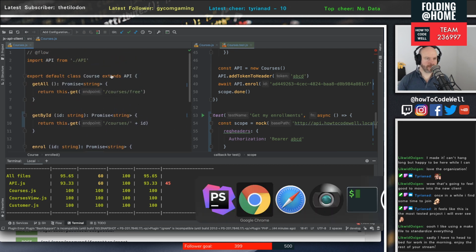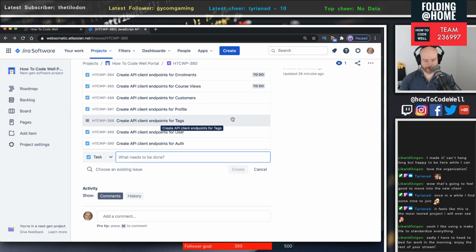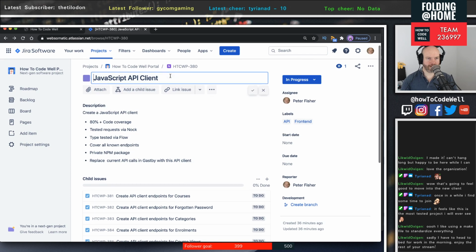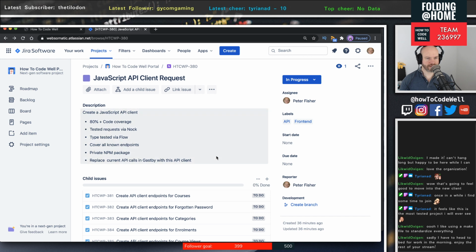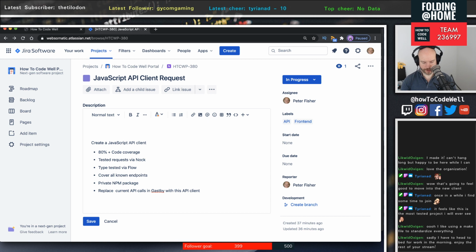Cool. So I think what I'm going to do in here is just create a task to go through responses. Actually, I'll tell you what. Let's just define this to just be API client requests. And what I think I'll do is once this is done, I'll then do a response. So at this point, we're only testing requests and not responses. I'll make a note of that. We are only testing